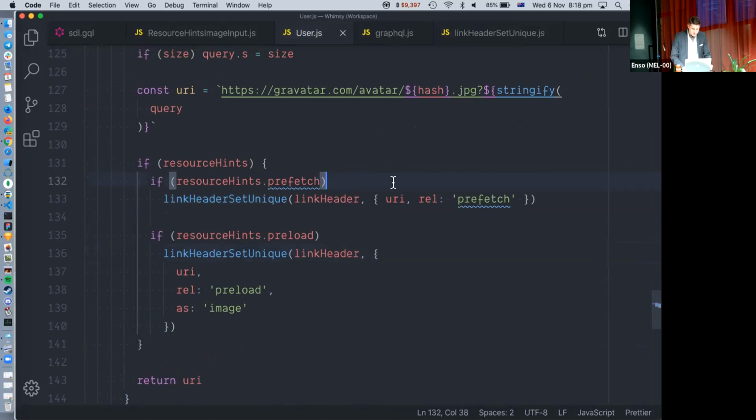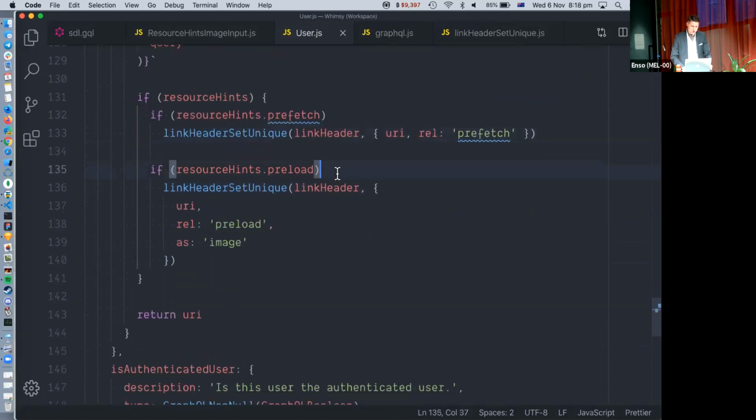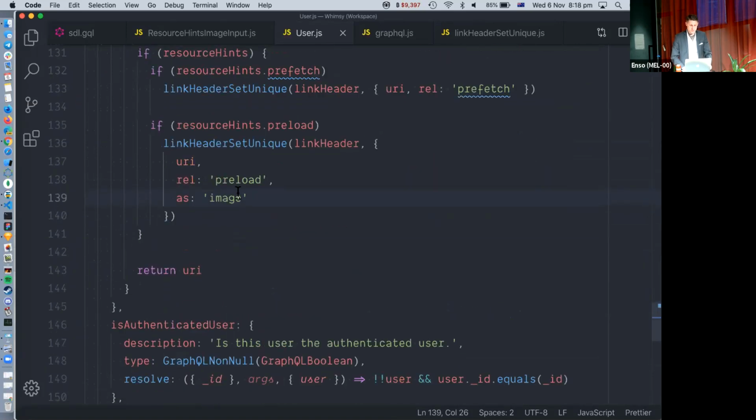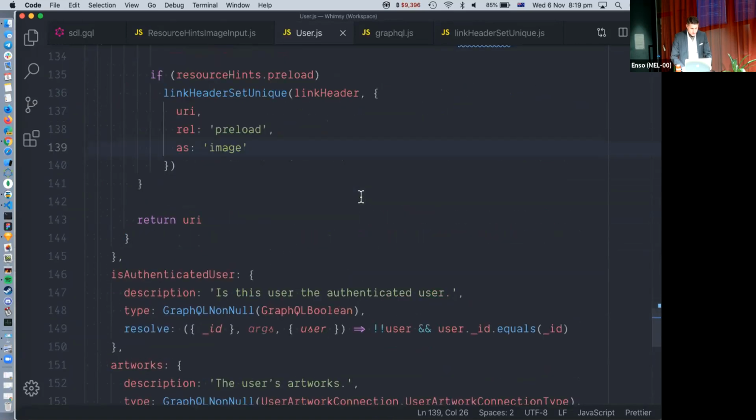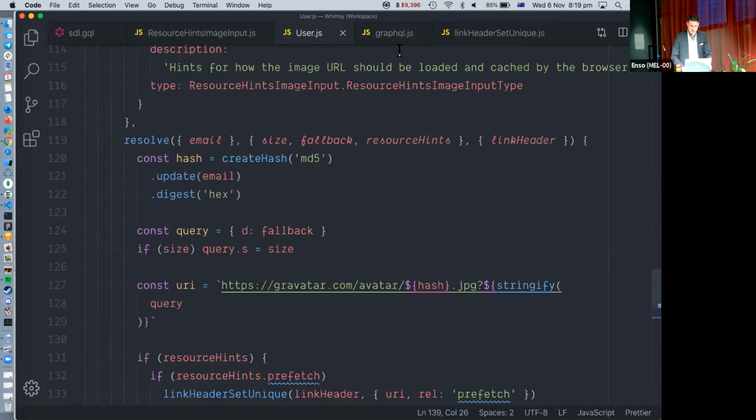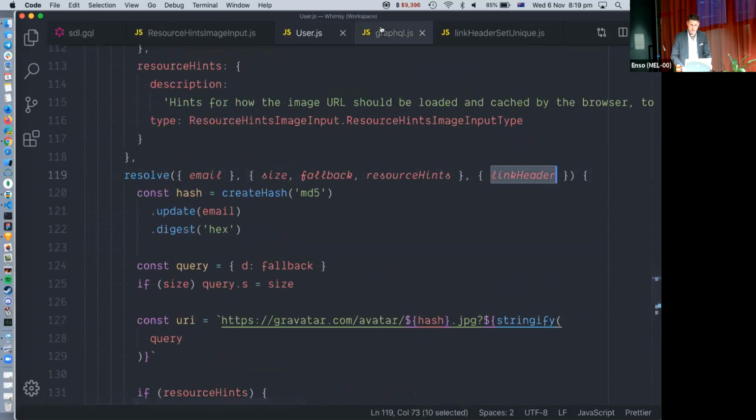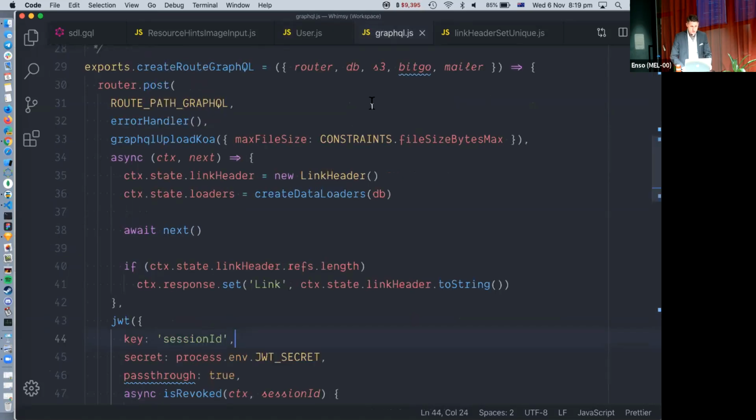Where are we up to? Yep. So if it's prefetch, add uniquely to this link header instance the URI with the prefetch rel. Additionally, if preload is also specified as a Boolean, then set a unique preload version. But because we know that this field is an image, we're hard coding it as an image. So at this point, you wonder, well, what is this instance on the context? So here is where I'm constructing my